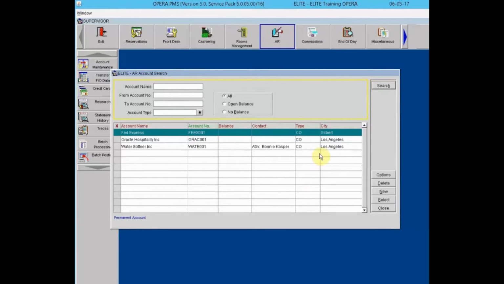This will open the account search screen. To search for a specific account, use the search field surrounded by the yellow box in the top right-hand corner. Accounts can be located by account name, by account number or account type,